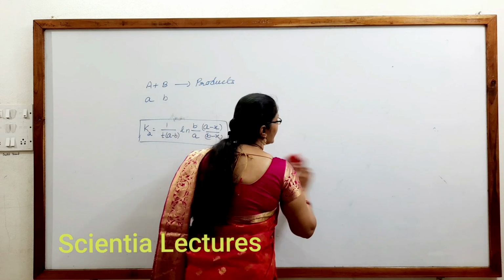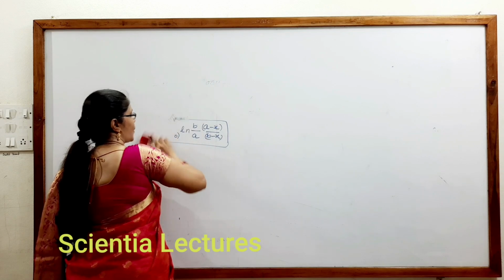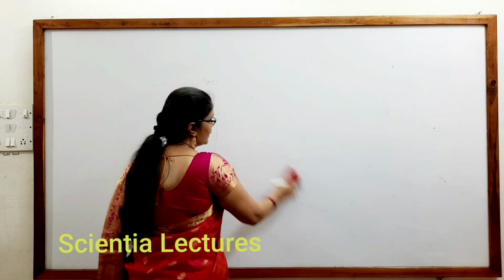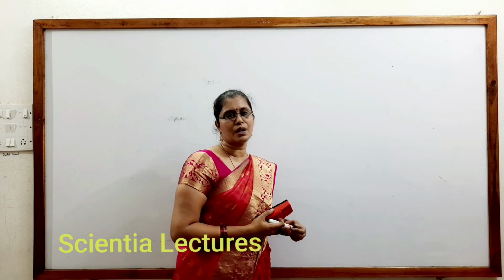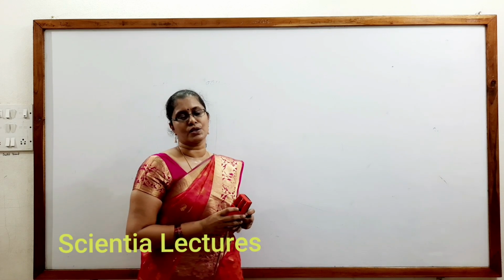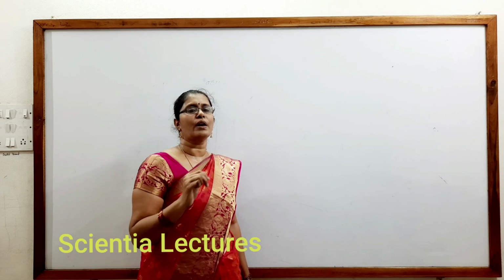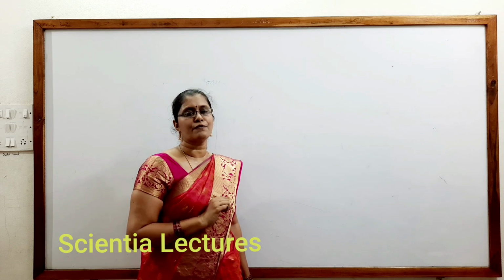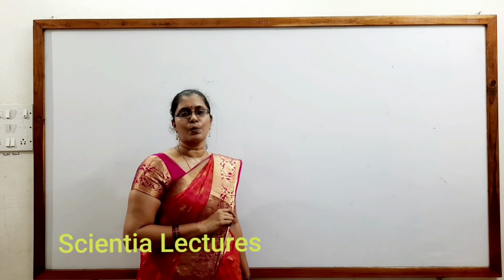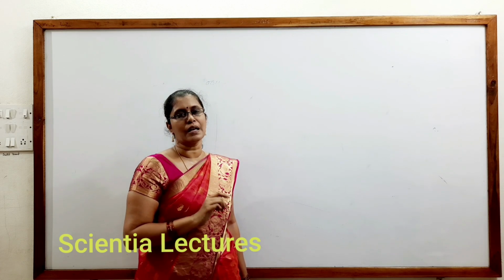If any kind of question is given based on that, two types of problems could be asked. What is that? If they have shown in the question that T half is inversely proportional to A, it means that it is a second order reaction. And if T half 1 is given and A2 and A1 are given, and they ask you to find T half 2, what is the formula? T half 1 by T half 2 equals A2 by A1, as they are inversely proportional. So based on that, any one of the unknown things could be found in that condition.